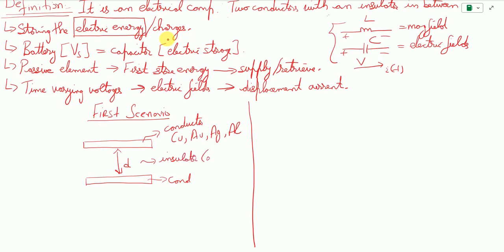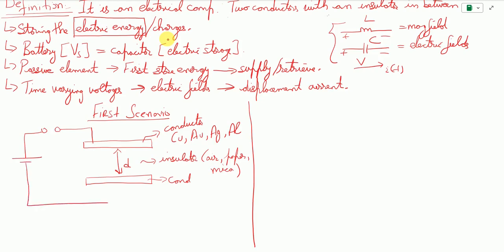So an insulator normally can be air with a permittivity value of 1, it can be a piece of paper, it can be mica, whatever material you want to use. It should be an insulator or a dielectric material in between these two plates. Now let us suppose that I connect these plates with a switch to a power source or a power supply